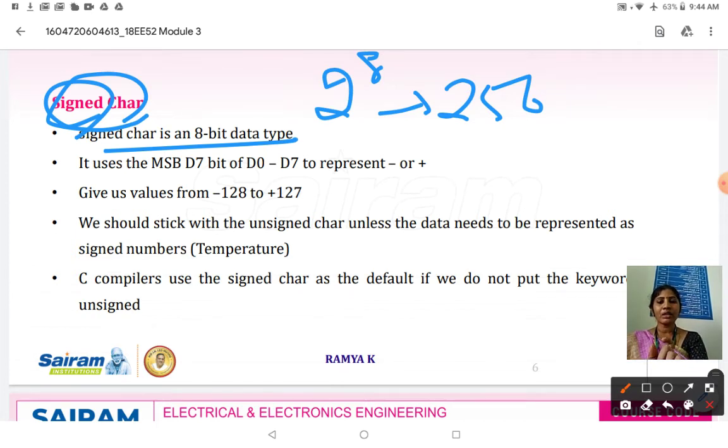Otherwise, we will stick with the unsigned data type. For example, if you want to represent temperature, then we will go for signed numbers. Wherever we have an application with signed numbers, there we use the signed char data type. The C compiler by default will consider it as signed char when you are not mentioning any keyword before this char.